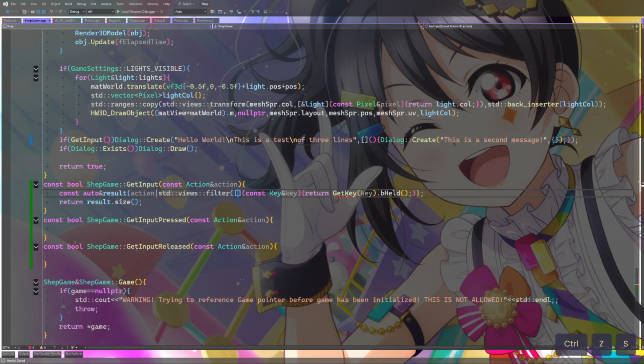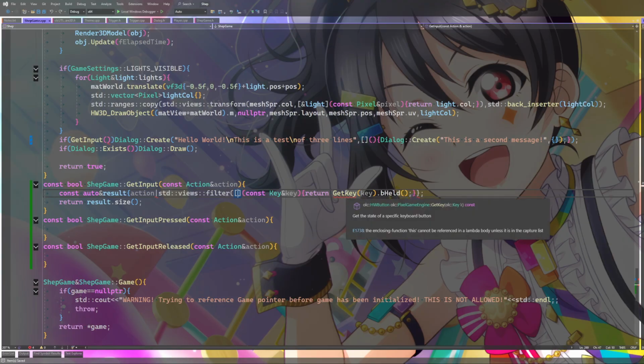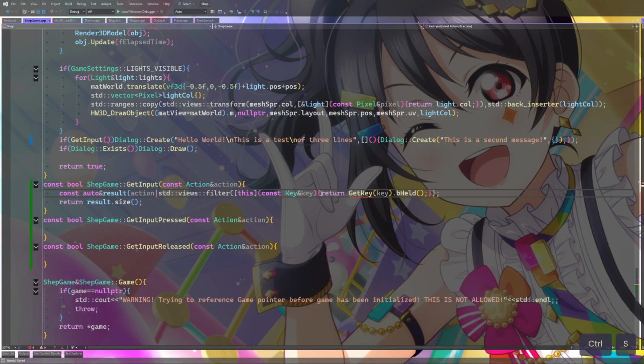Wait. The enclosing function, this cannot be referenced unless it is in capture list. That's what I want to do, but it's not letting me? This should work, more or less.